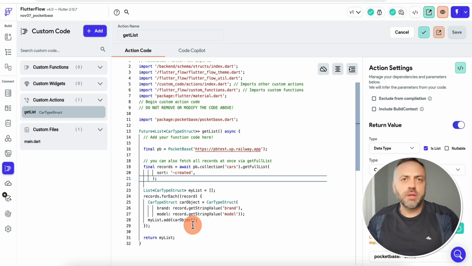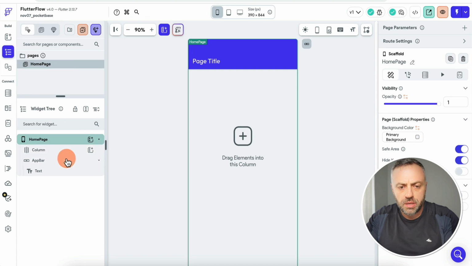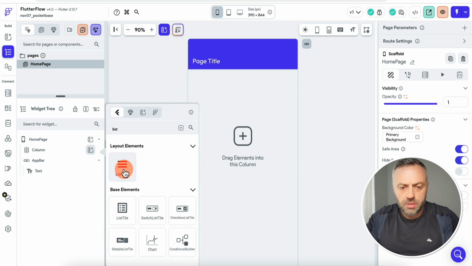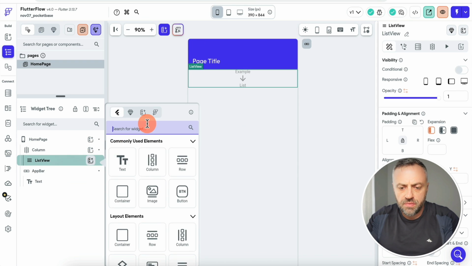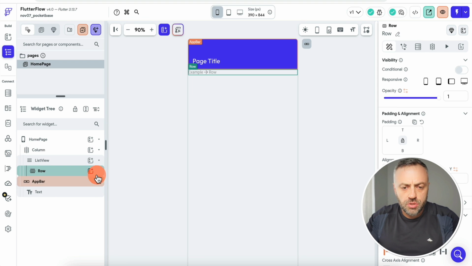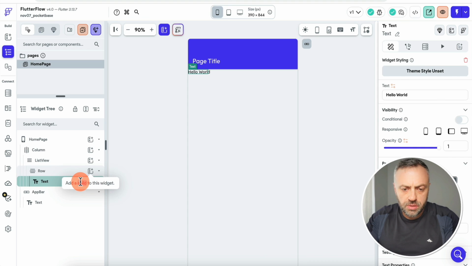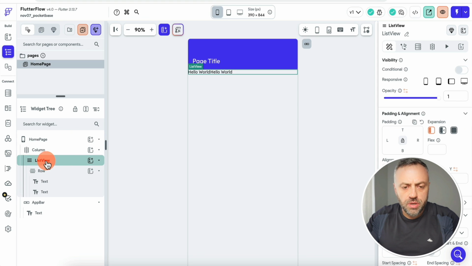we need to make sure that we are displaying the results correctly. And so let's go ahead and do that right now. So we're going to come back here, and what you can do is you can create a list, right? So we're going to create a list view here, and let's say this is a very, very simple list view just to show you how things work. And let's say we have two text elements, duplicate here, and now we can click on this list view,